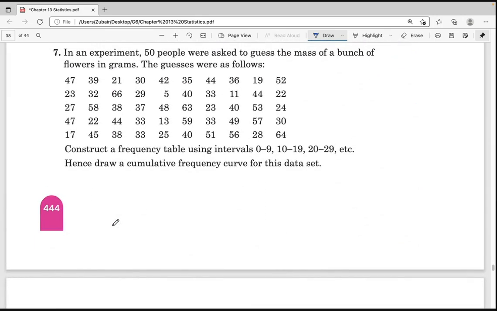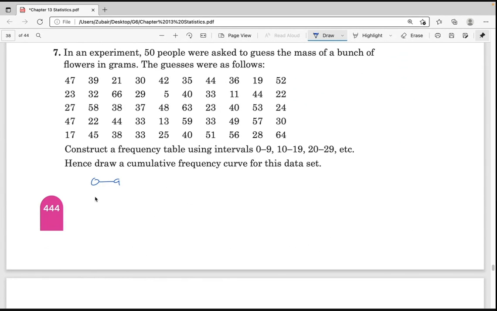Question number 7. In an experiment, 50 people were asked to guess the mass of a bunch of flowers in grams. The guesses were as follows. Construct a frequency table in intervals, then draw a cumulative frequency curve. So it just increases the workload of this question. And we'll first draw that